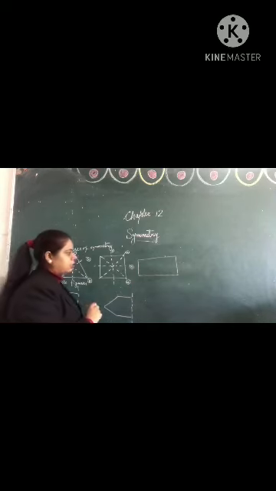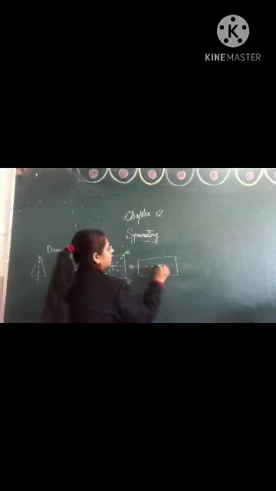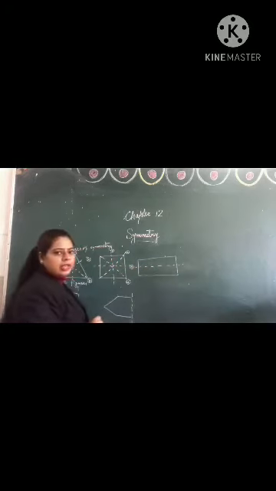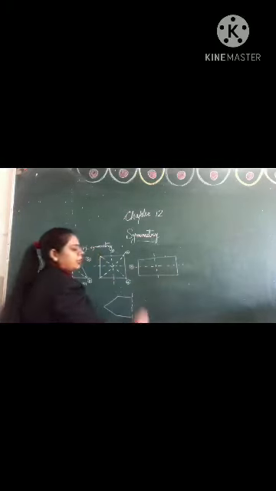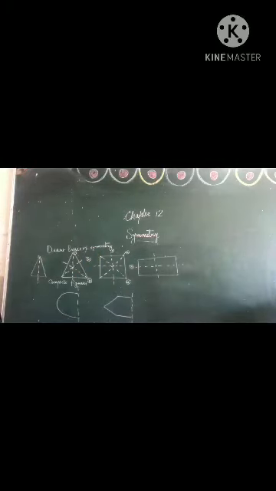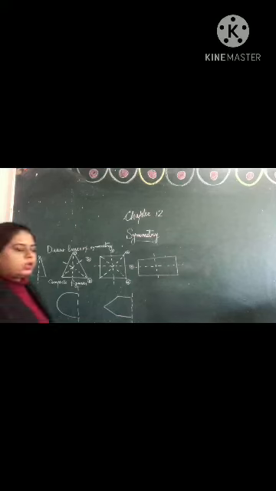Similarly, in a rectangle, opposite sides are equal, so you can draw the line of symmetry horizontally as well as vertically. But you can't draw it diagonally because in a rectangle only two sides, opposite sides, are equal. That's why. Let's see.